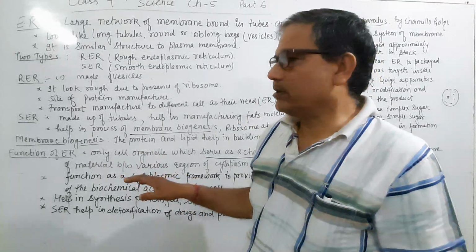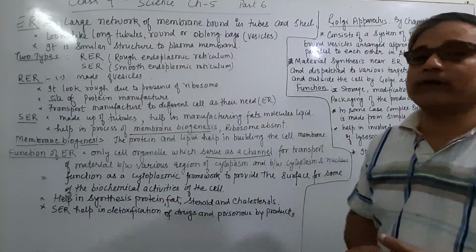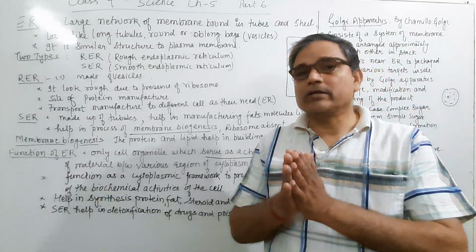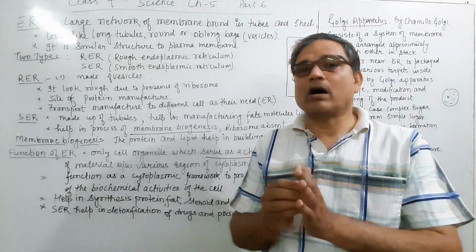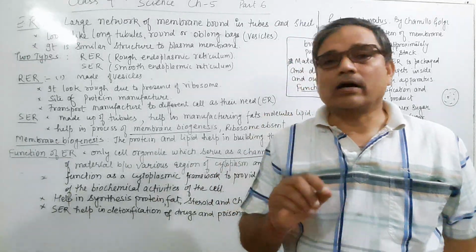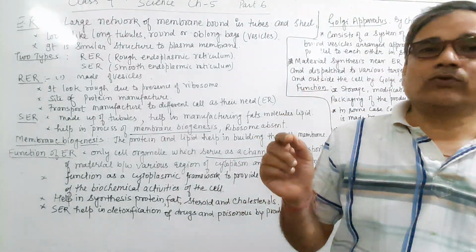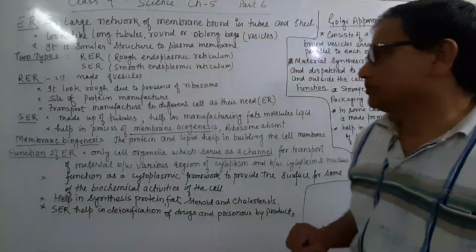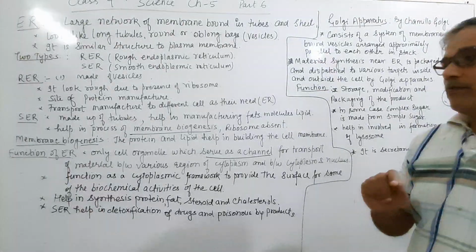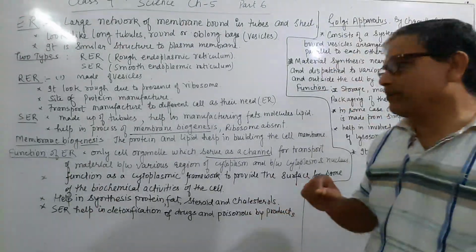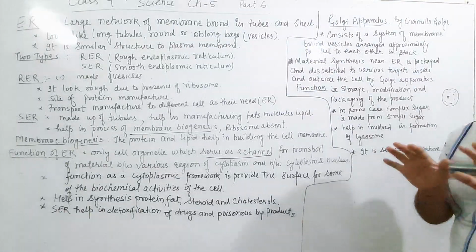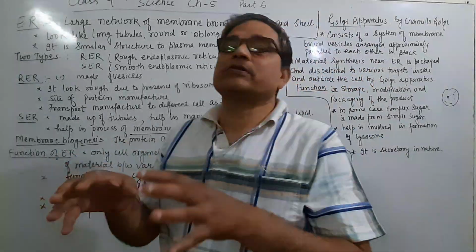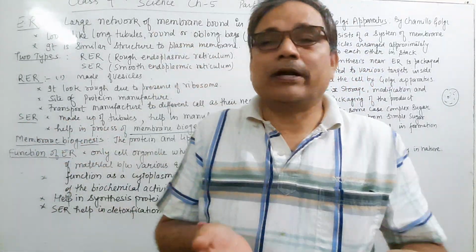And the next one is of two types. Now if the question asks what synthesizes protein, not ribosome, it is either the endoplasmic reticulum or the RER, because RER is part of the endoplasmic reticulum. And membrane biogenesis means the process in which protein and lipid help in the formation of the cell membrane. This is known as membrane biogenesis.